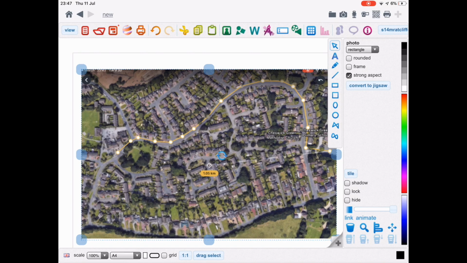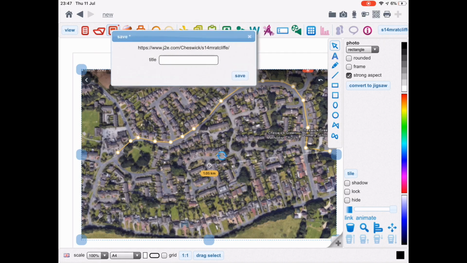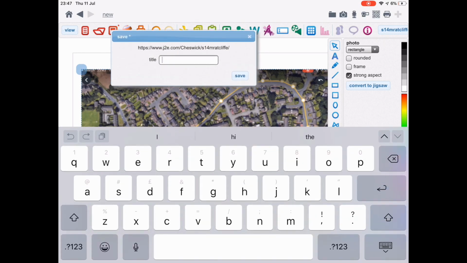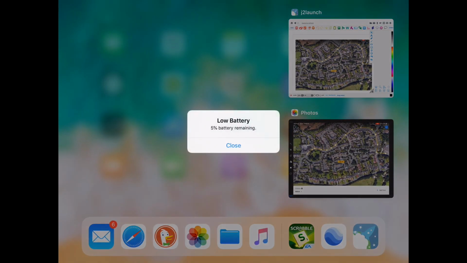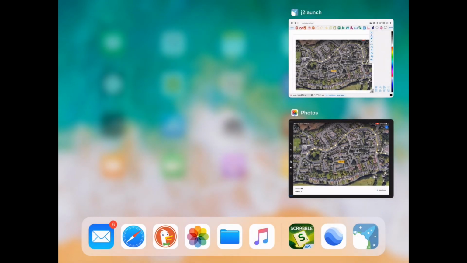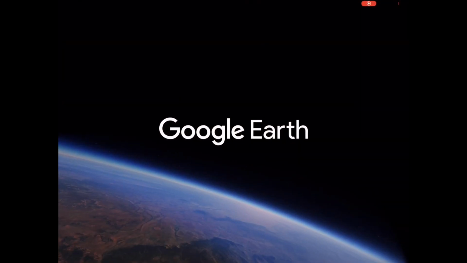Okay, so that's the first picture. Now I'm going to save that and I'm going to call it Route to School. And there we go, so that's saved. Now I'm going to go back to Google Earth,